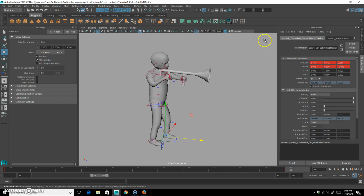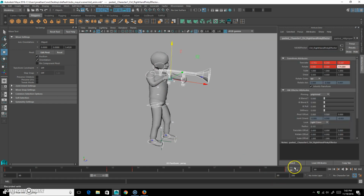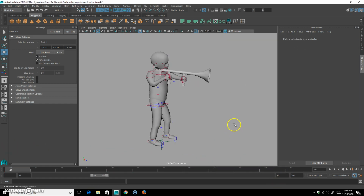Just going to make sure I select all of my things. I don't know why that's getting highlighted. Not supposed to be able to grab any of that. Weird. Okay. Anyway, we'll just make sure that it's also keyed here. Okay. Good. So we got our shooting, and next is to do the